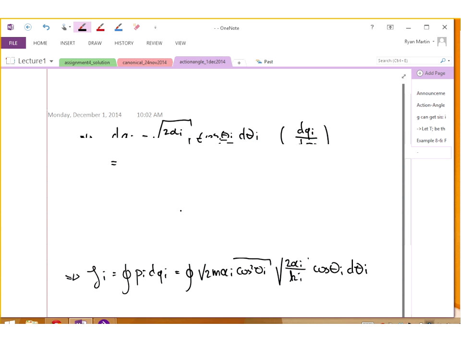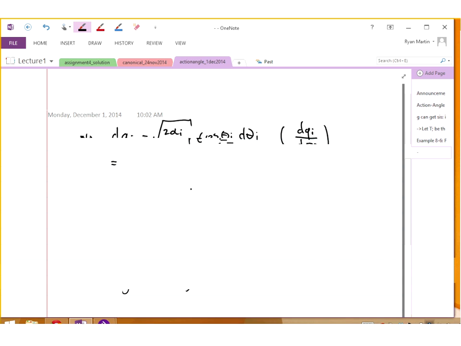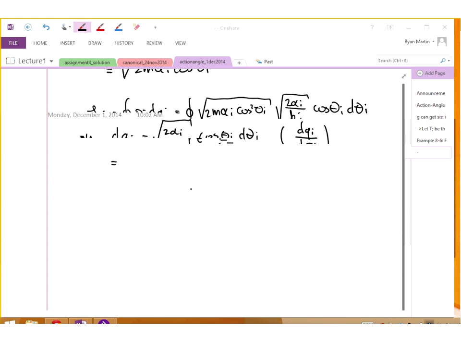And that integral of cosine squared is just pi. And so I find finally that my J_i is equal to 2 pi alpha_i square root of m. Okay. Now remember,